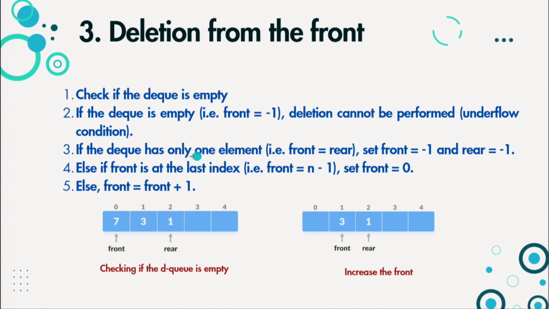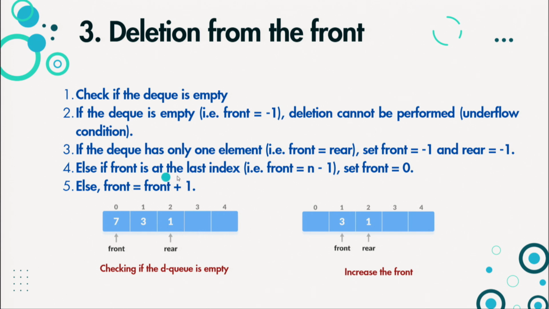So, by the time the queue contains one element, usually front and rear will be pointing to the same element. So, front is equal to rear would be true, thereby we will come to know that the queue is left with only one element. So, we remove that one element, and afterwards front and rear both should be reset to a value of -1. If this condition fails, then it means your queue contains more than one element, and in that case